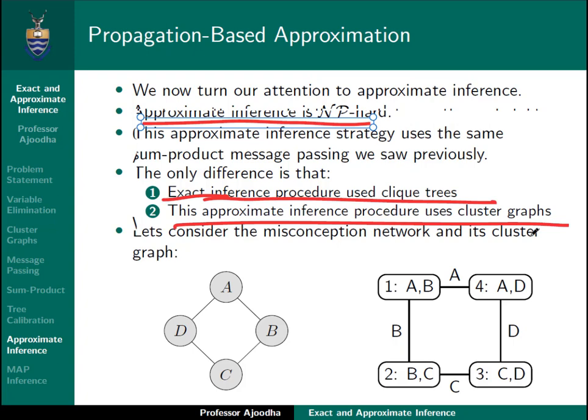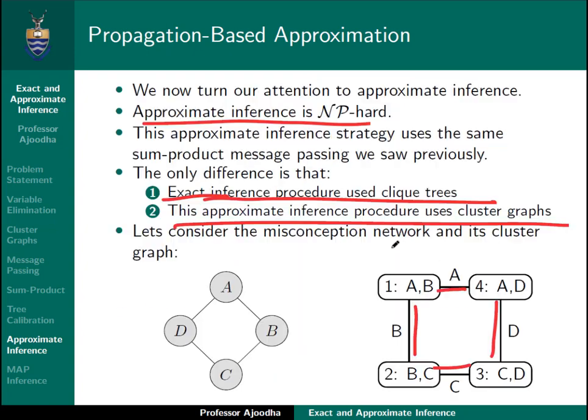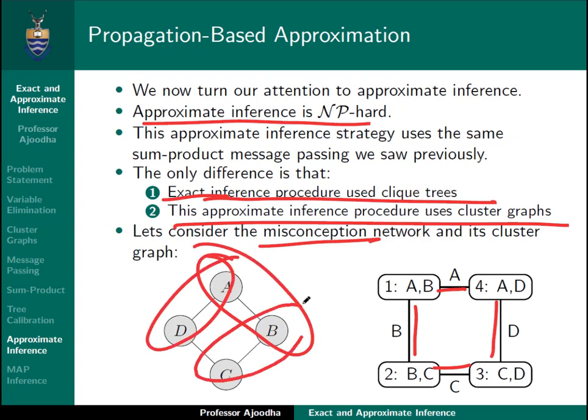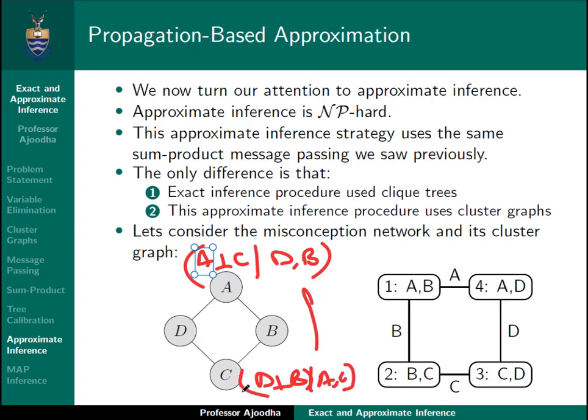So for exact inference, you've got a tree. If you go back to the slides, you saw those were all trees, and now we're going to be talking about cluster graphs, which can sometimes look like this. They're connected, they have loops. If we look at the misconception network, the one where you had your friends talking to each other, the independence assumptions, I'm sure you remember this from the lectures, are that A is independent of C given D and B, and of course D is independent of B given A and C. If we add these two independence assumptions, we have them nicely in here, and we can have each of the subsets